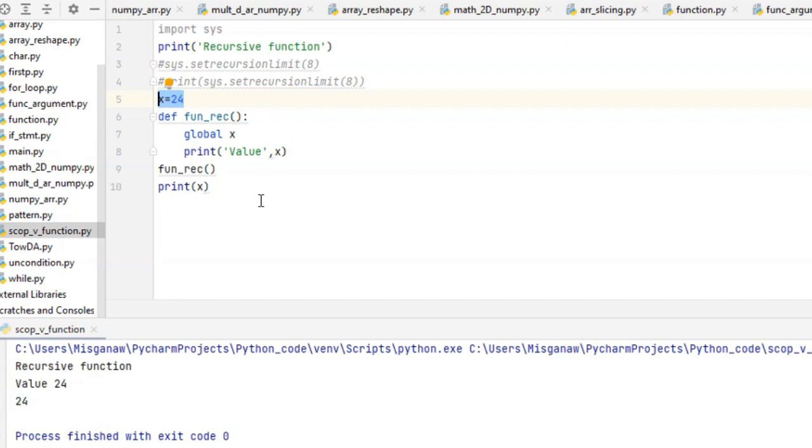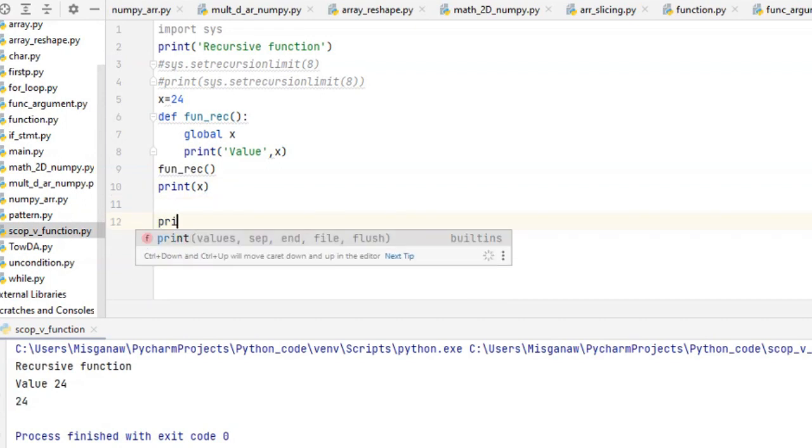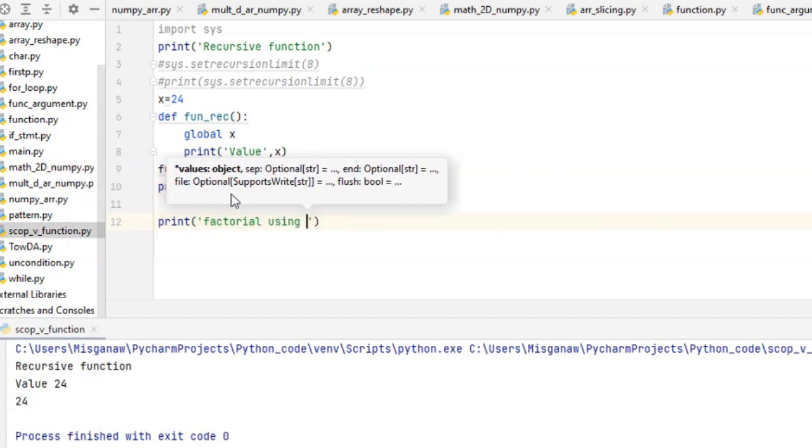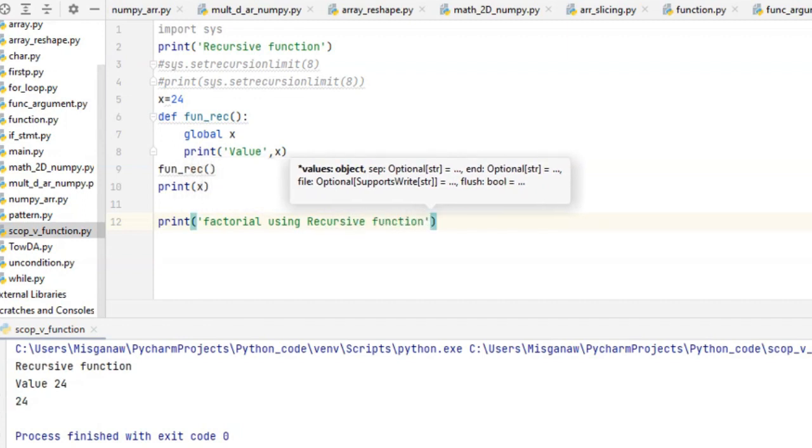Now, what if we want to calculate the factorial of a given number using a recursive function? What we have to do is print factorial using recursive function.